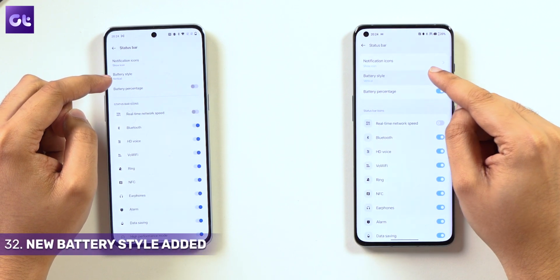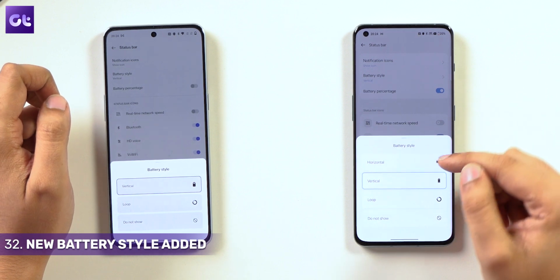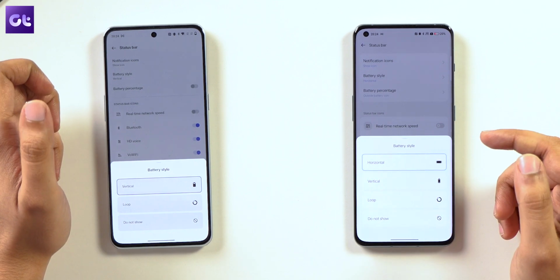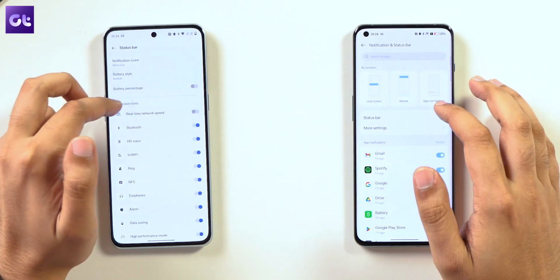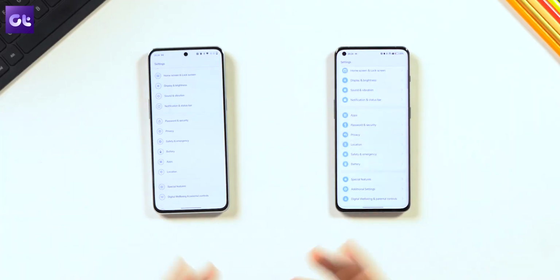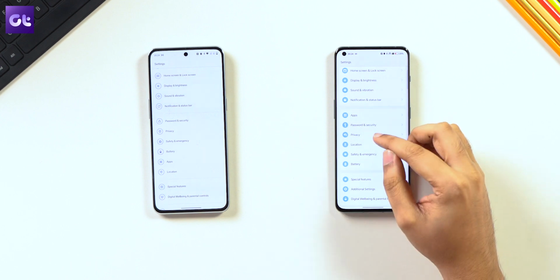If we go to battery style, another style has been added, which is the horizontal style, which is much more like iOS. But that's pretty much it. That's the only small change that we see in this menu. Now, to talk about a significant change, if we go into privacy,